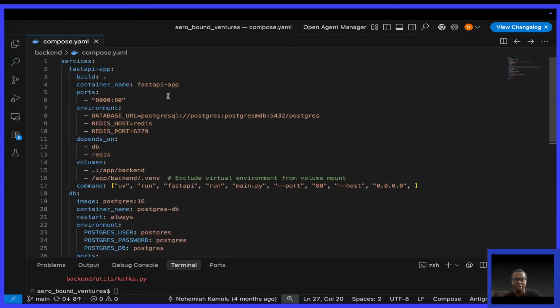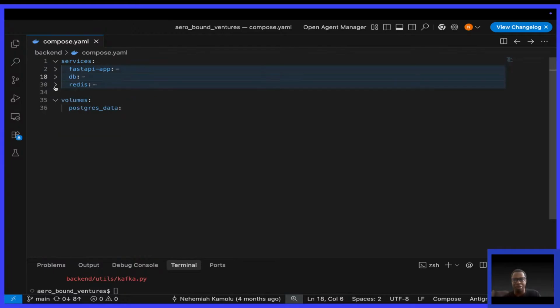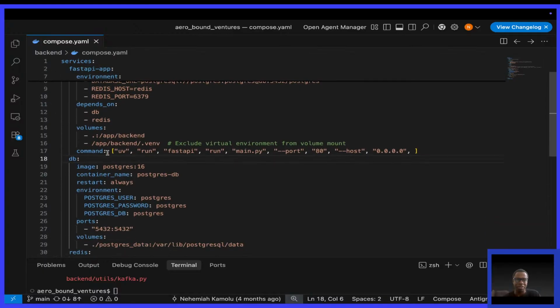Then here we have a number of services in Compose. Of course, we have our application, we have the database, we have Redis. And now I want to add one more, which is Kafka, and actually Kafka UI too. So we're going to add Kafka and Kafka UI. So if you don't know what Kafka is all about, please watch the previous video in day 58. So let me start. I want to look at my notes to make sure I do not leave anything and